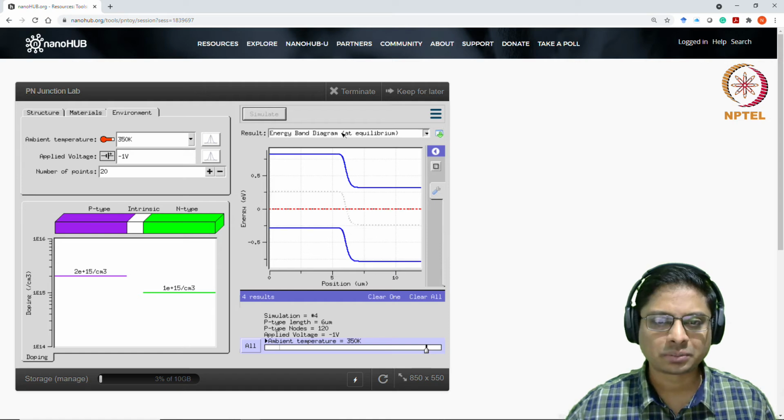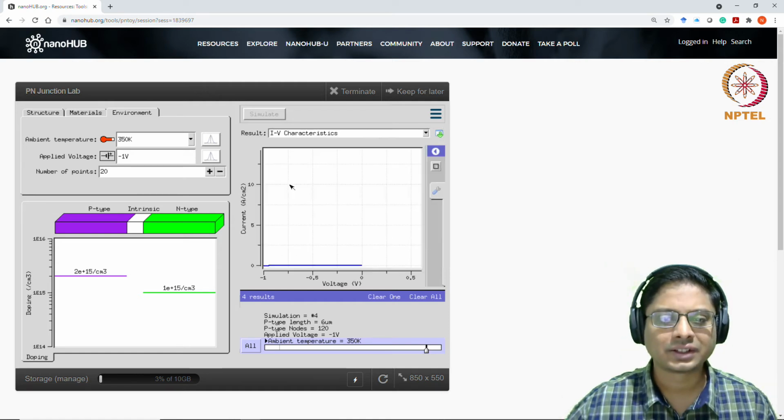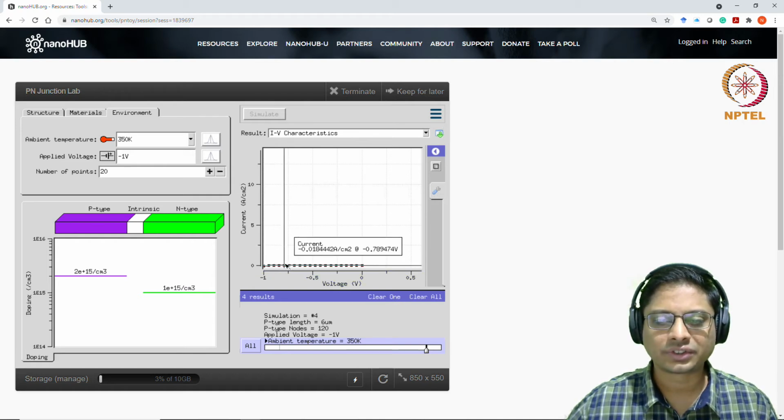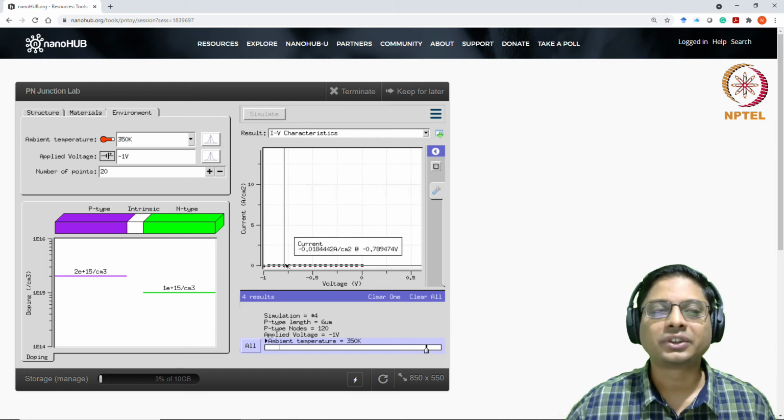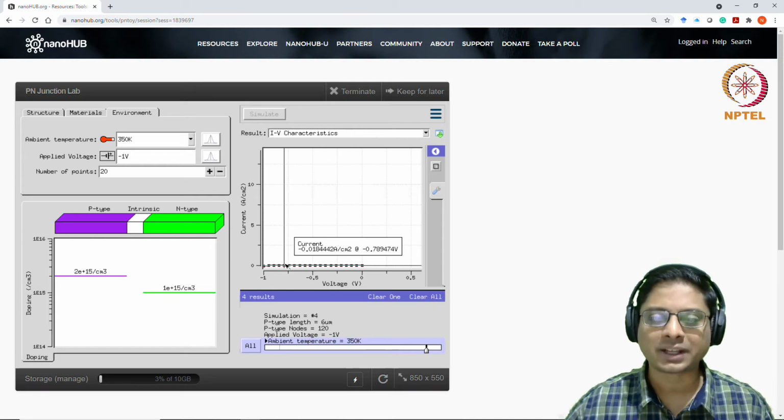So let's see. You can also plot the IV characteristics. Okay. So that essentially is telling you that from 0 to -1 there is a kind of constant current. Of course, this is not taking into account the impact ionization or Zener breakdown. That's different. We have not encountered that. We have not included that in the model. That's why the breakdown won't be captured.